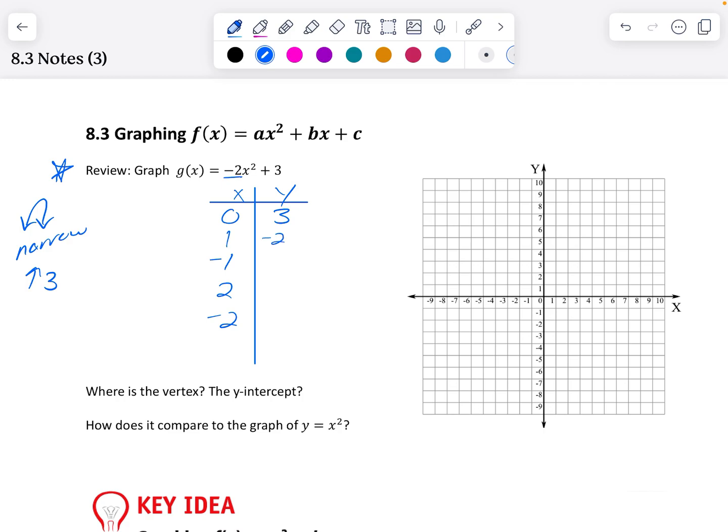-1 is going to be -2 plus 3, which is 1, and that'll be the same. When we plug in 2, 2 squared is 4, so -2 times 4 plus 3 is -8 plus 3 or -5, and that's going to be the same. So we have 3, 1 is 1, and 2 is -5, and we get,